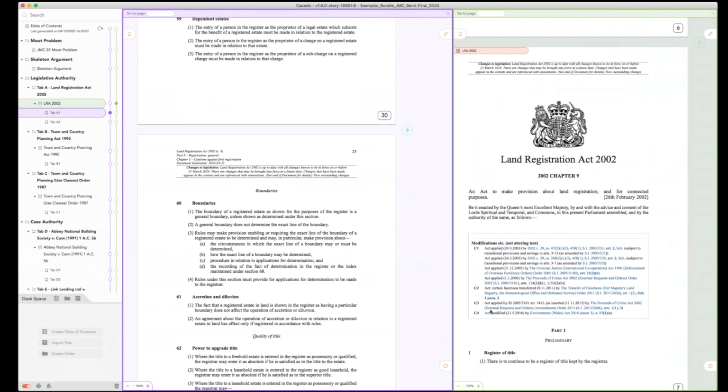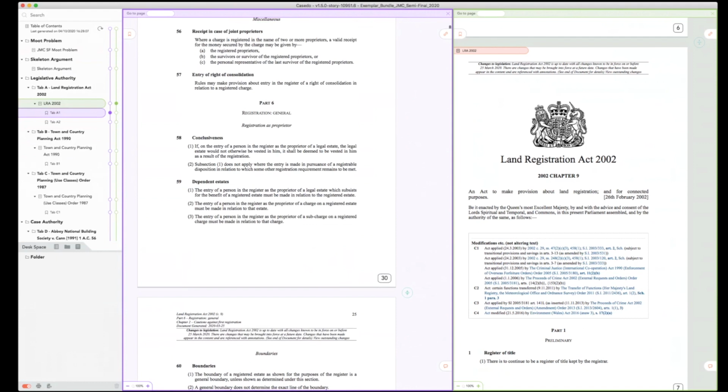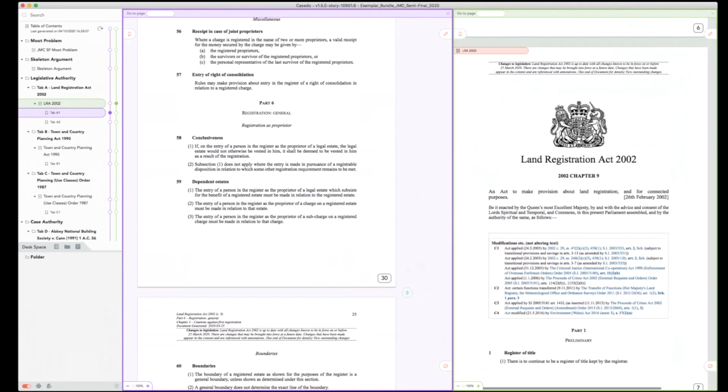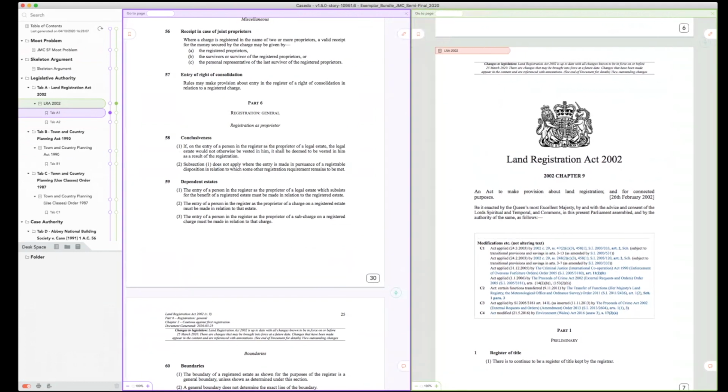Down here in the bottom left, we have the desk space. This is the area where new files and folders appear. So if I want to create a new folder, it'll appear here in the desk space. We call it the desk space because it's this sort of unorganized space that goes next to your organized space. So the idea is, you've a new paper you want to look at. You don't know yet what it is or where you want to put it in your bundle. So it comes into the desk space and you can look at it. That's broadly it for the layout of the application. This is what you're going to be looking at the whole time.